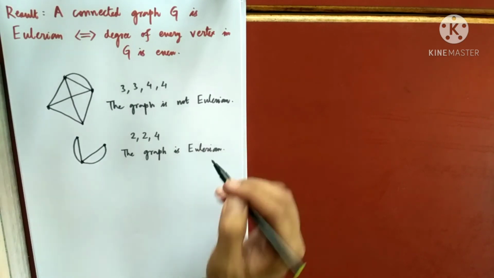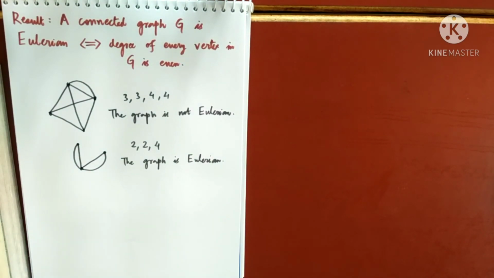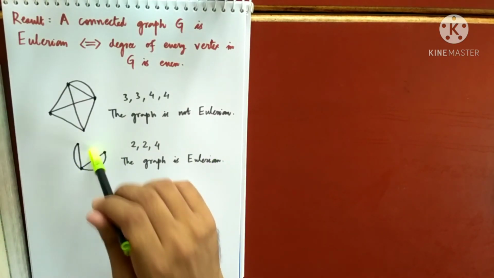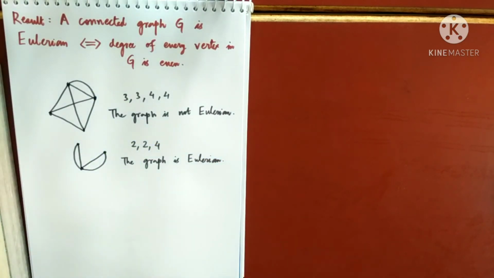This theorem tells you whether a graph is Eulerian or not just by looking at the graph or just by counting the degrees. But it does not give you a way to determine the Euler circuit. The theorem is just giving you the answer: this is an Eulerian graph, this is not an Eulerian graph. If this is an Eulerian graph, you should be able to find an Euler circuit, but this theorem does not give you a way to find it. How to find the Euler circuit, we'll do in the next class.